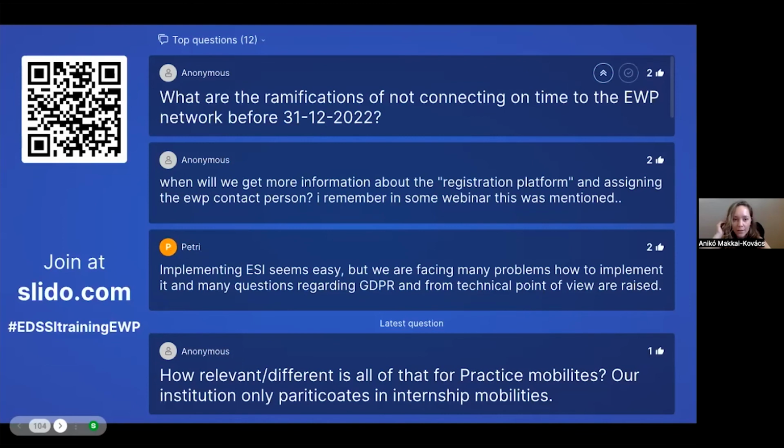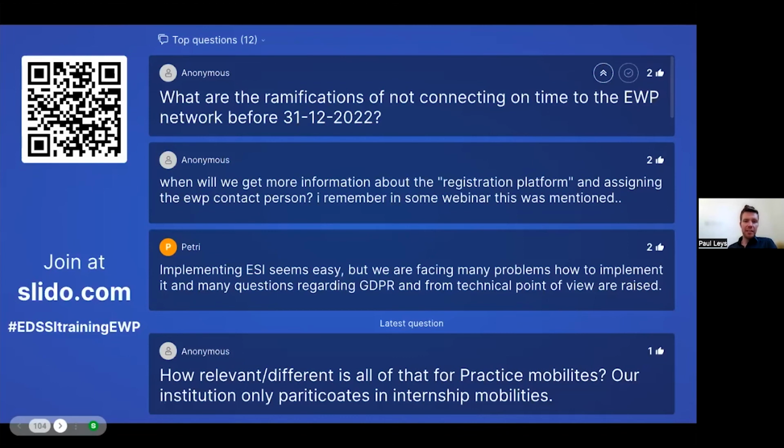Okay, and this one as well. So what are the ramifications of not connecting in time to the EWP network before the end of December? That's a very good question indeed. It's been announced that it will become part of the EDSSI monitoring guidelines. So each national agency is responsible for monitoring how the Erasmus projects are implemented in the universities. And they have audits for that. Every now and then universities get an audit. And as part of this audit, they will also look into this whole